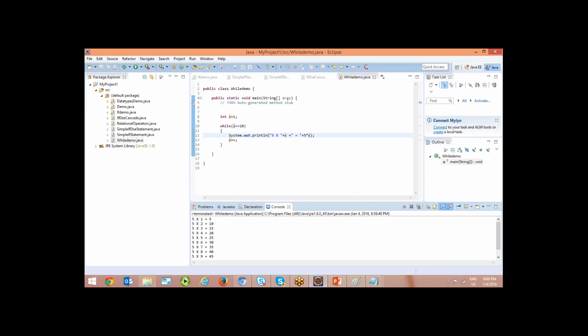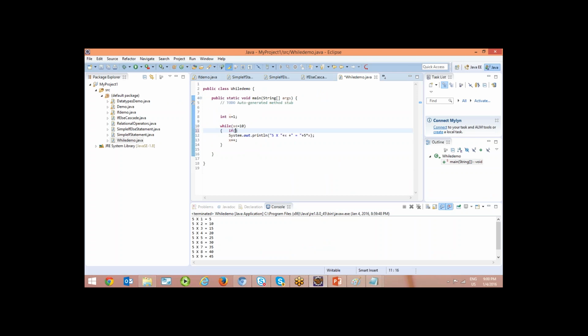Yeah. Now, see, in this, I am printing 1 to 10. 5 ones are 1 to 5, tens are 10. Now, due to some reason, I would like to stop when the x value has become 5. So now I can say if x is equal to 5, I can say break. Break is the statement whenever it is encountered, it just makes your loop be terminated. Your while will be closed. Though it is supposed to print up to 10, it is breaking at 5 itself. See, when it becomes 5, it is not printing it.